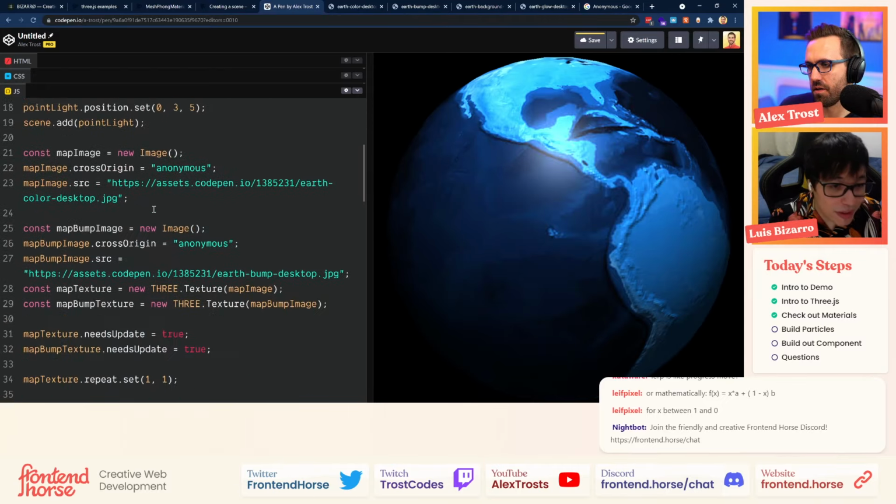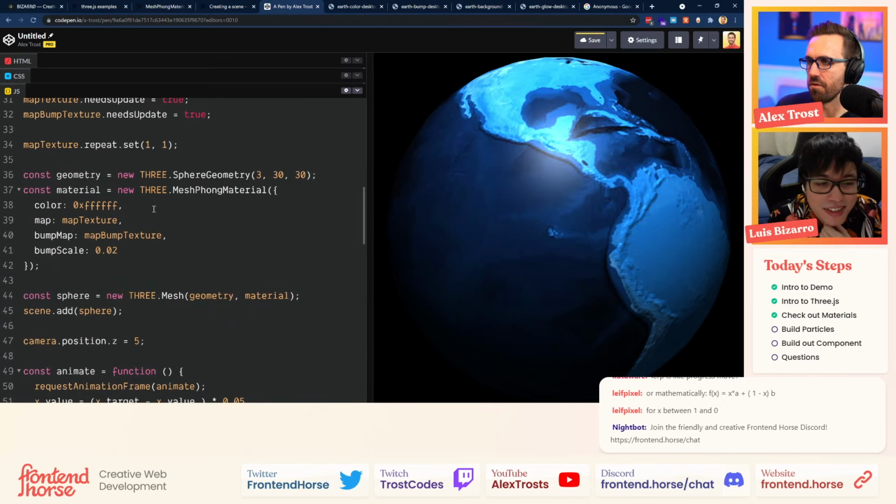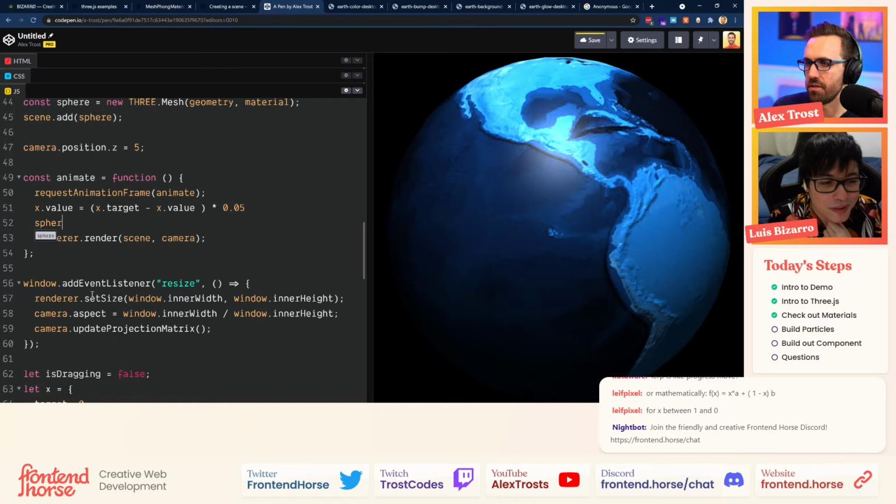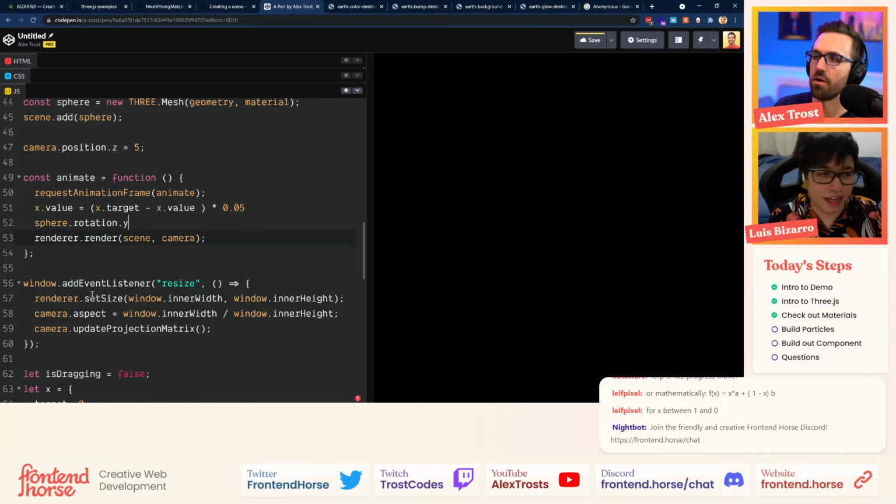Yeah, just sphere. It can be just the y value. It can be the x value. I know it sounds confusing, but we're getting the x from the down element and applying that to the rotation y of the sphere.